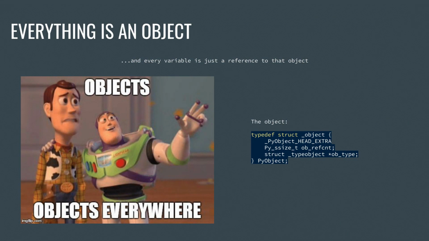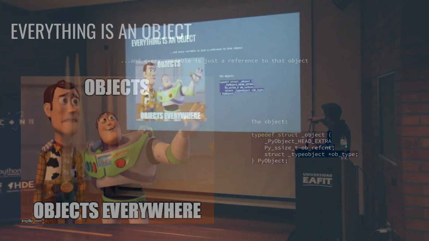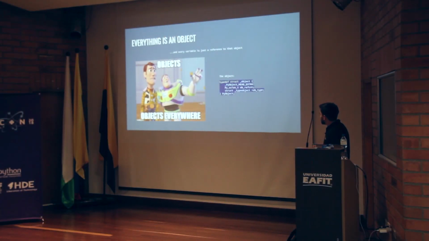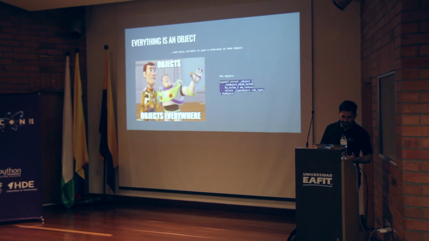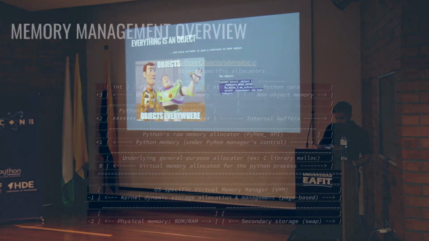But first is the object reference count. And okay, I should tell you firstly that every object in Python consists of this structure. The object reference count keeps the reference count of the object used. I will get to that later. And the other is a pointer to the memory, like where the object is located. And if you are curious what PyObject head extra is, you don't have to be. This is something for debugging, and I don't even know what it is. I never use it. I never cared.